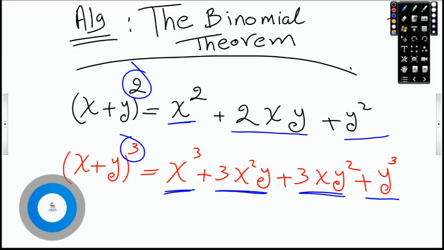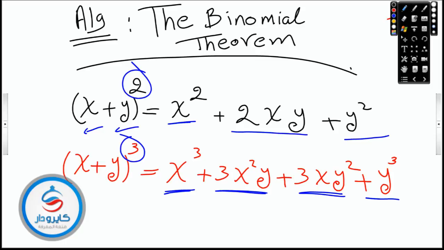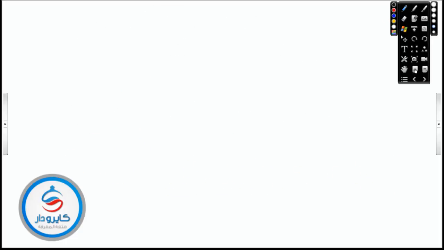طيب انا كان اقدر اعمل to the power of 2 كويس جدا to the power of 3. If we have a power greater than 3 هنعمل ايه عشان if we need to make expansion or to find the expanding form of the bracket consists of 2 terms. نخلي بالنا ان الاكس والواي دول بنسميهم باينوميال يعني 2 terms. طيب نعمل ايه؟ هنقول كده